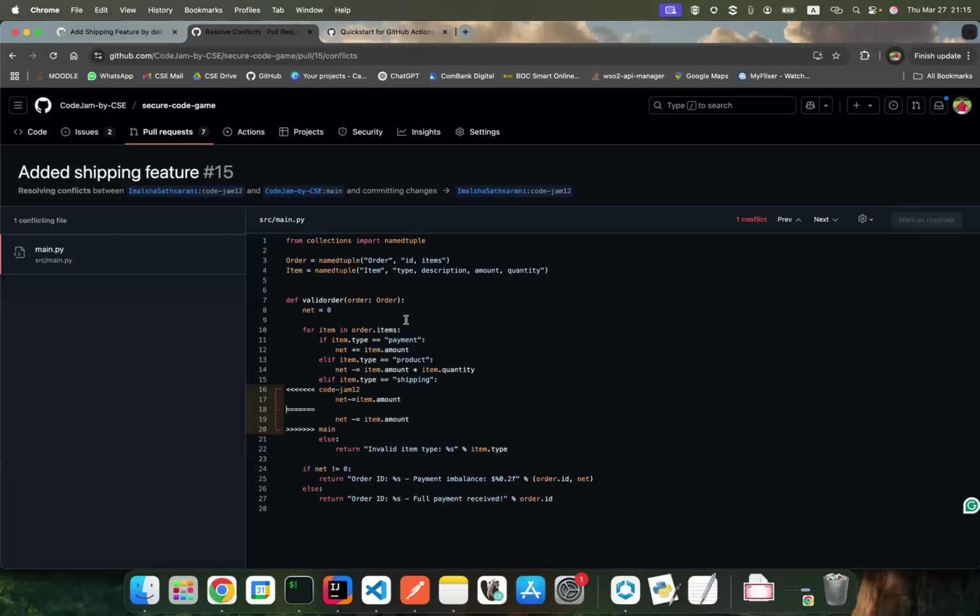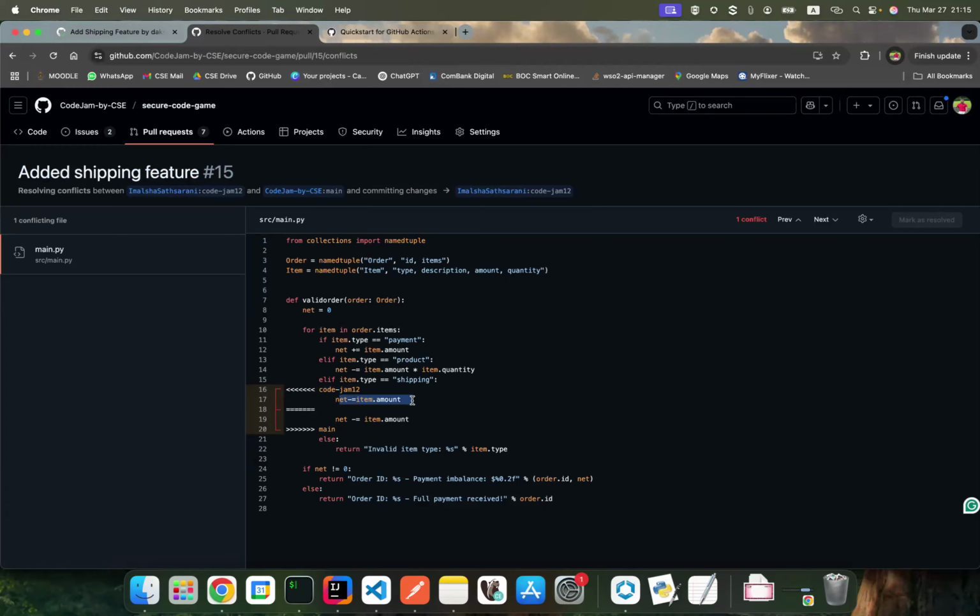At that point we come to the conflict. Locally, there is now a conflict, no? From that CodeJam 1 2 branch, from that particular user, it says net minus equals item dot amount.